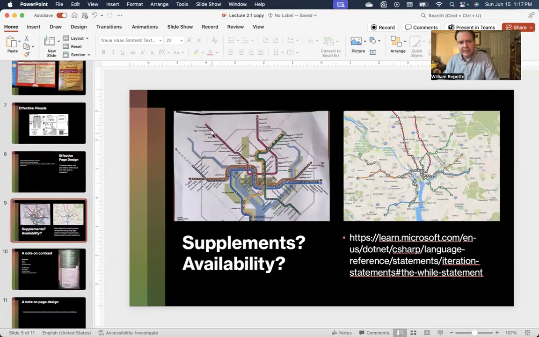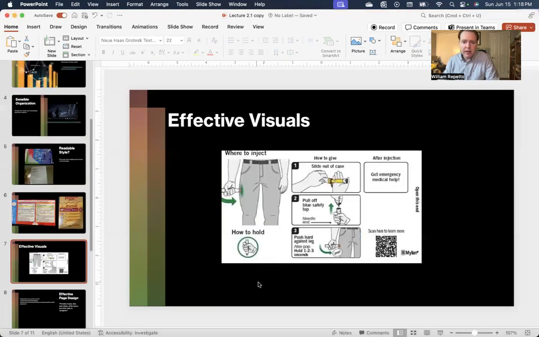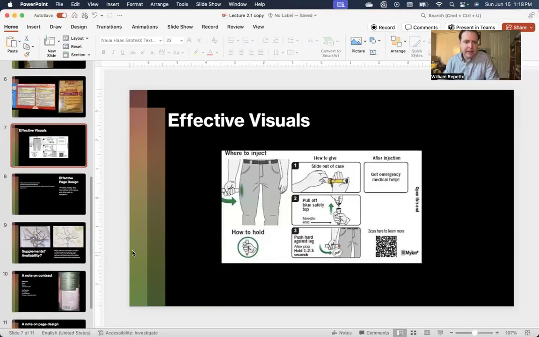Supplement availability. This is an example from an old course where there was a subway map, but you could use a QR code and bring it up on your phone. You saw this in Elena's example here that you could scan to learn more. I brought up